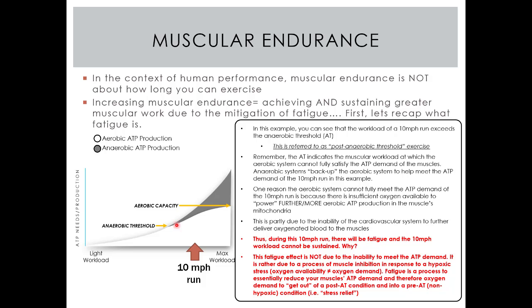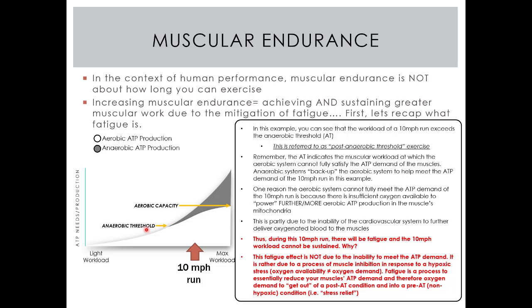As we learned in the prior lecture, as exercise intensity and thus ATP demand increases, so does the oxygen demand, because, again, the aerobic system requires more oxygen for more ATP production. Now, the intensity or workload at which the aerobic system cannot fully meet the ATP demand is referred to as the anaerobic threshold. Because of insufficient oxygen availability, the aerobic system cannot fully satisfy the ATP demand, and thus